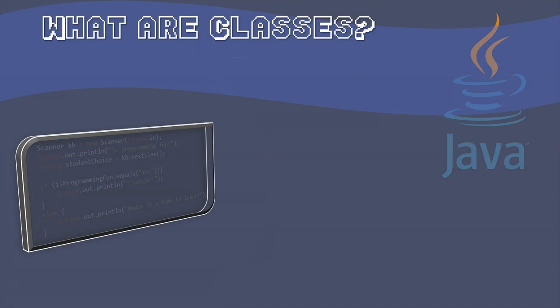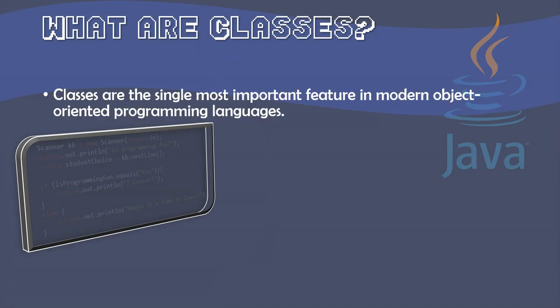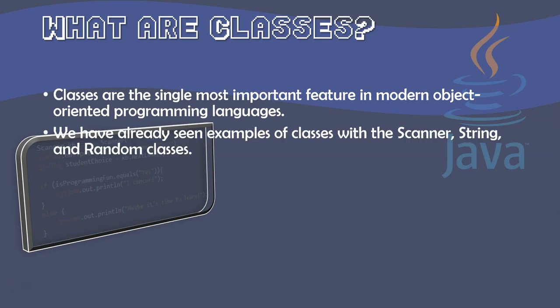So what exactly are classes? Well, classes are ultimately the single most important feature in a modern object-oriented programming language. We've already seen examples of classes. We've had the Scanner class. We've had the String objects, which, if you remember, are classes, not primitive types. And we've introduced previously the Random class, which allowed us to see how we can start using different pieces of